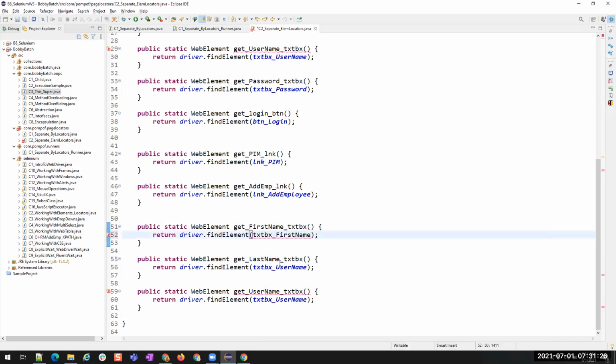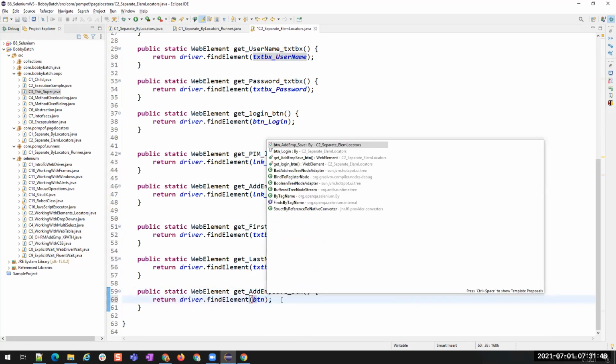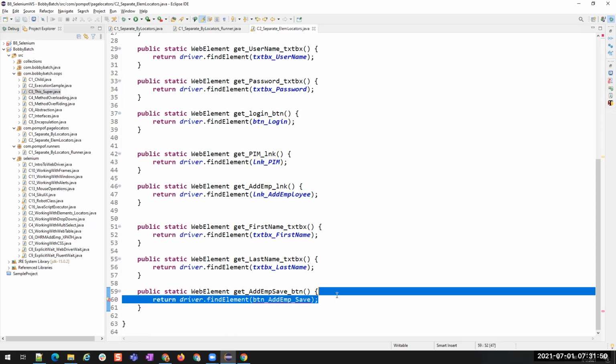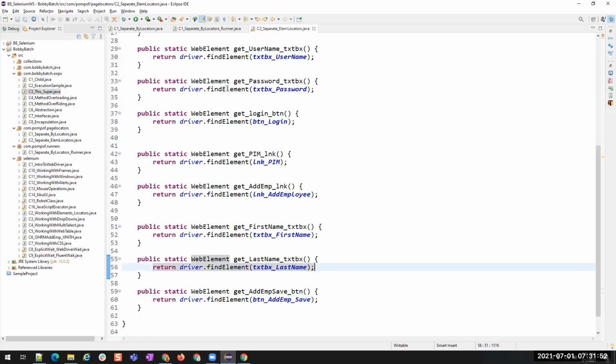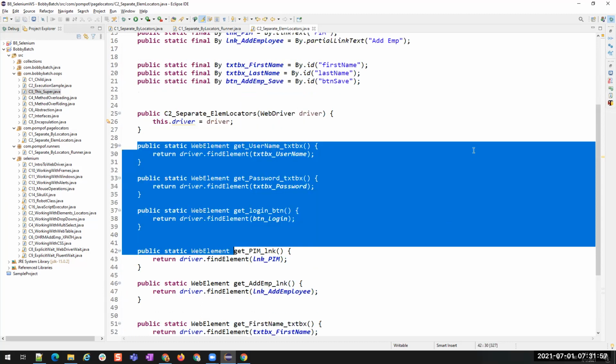Text box of first name, text box of last name, and this will be save, get save underscore button. This will be my button add. So now I have methods for each of the elements here, right?